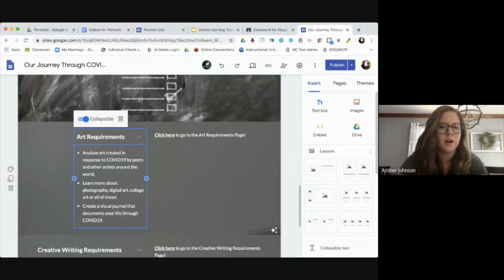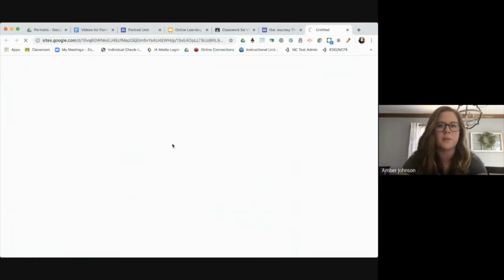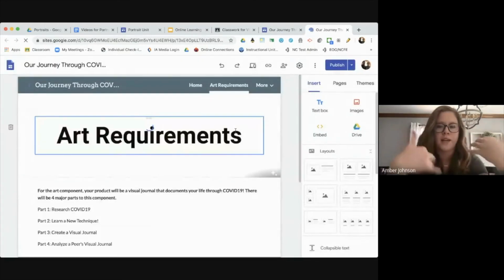For their art requirements for this particular project, I just wanted them to see a quick little overview of, okay, what are we doing for art? So I use that little drop down there. And then to make it a little easier for them to understand, I just click here to go to the art requirements page. When they click there, it takes them over to my piece of this,